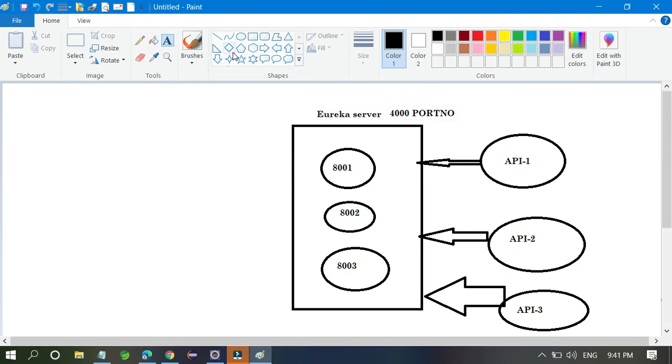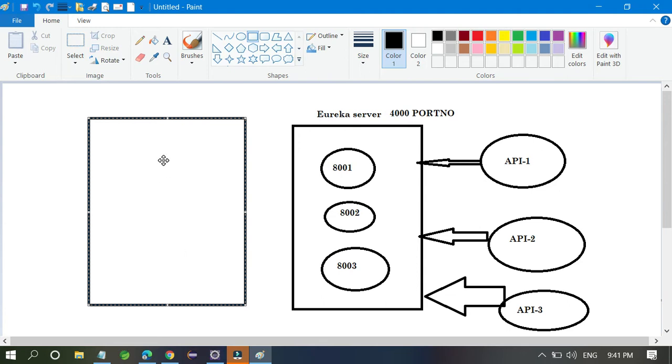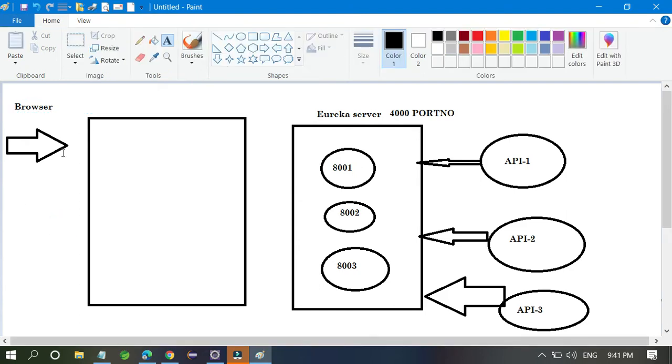Apart from this, you have to create one API gateway. So this is the API gateway, and when anyone makes a request, like anyone tries to access our APIs, like a client or a browser, it goes through the API gateway.